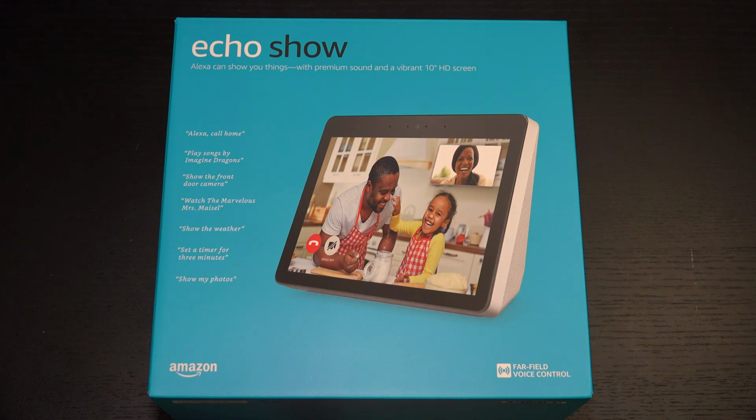Ed here with the Digital Digest, and today I wanted to share a quick unboxing and first look at the Amazon Echo Show. Now, this is the latest generation, been on the market for some time, and I actually kind of got sucked into purchasing this, not because I needed it, but merely because I had multiple first-gen Echo Shows sitting around, and with Prime Day and the promotion that they had to offer in terms of trade-in and then discounting essentially your purchase price associated with the trade-in, that whole promotion, plus slashing the price,